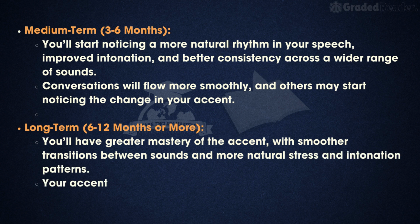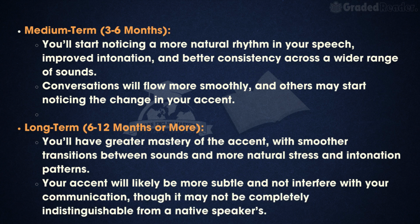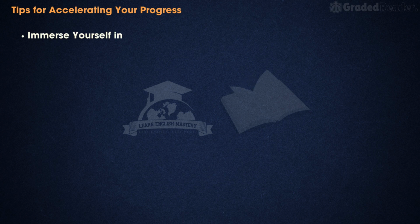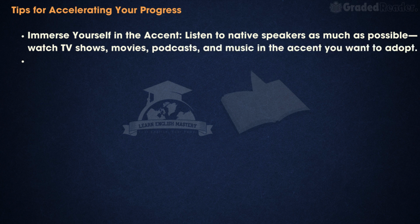Long term, 6 to 12 months or more, you'll have greater mastery of the accent, with smoother transitions between sounds and more natural stress and intonation patterns. Your accent will likely be more subtle and not interfere with your communication, though it may not be completely indistinguishable from a native speaker's. Tips for accelerating your progress: immerse yourself in the accent, listen to native speakers as much